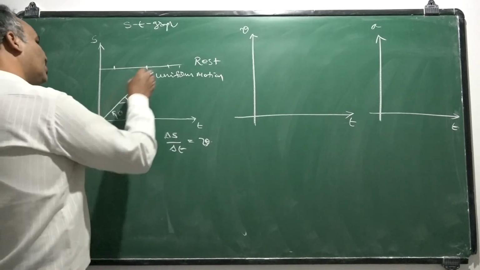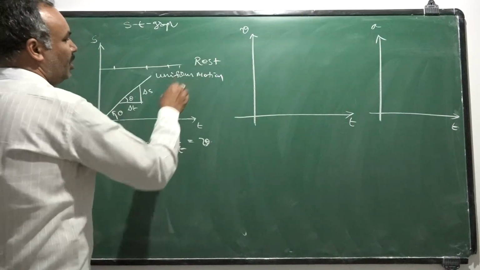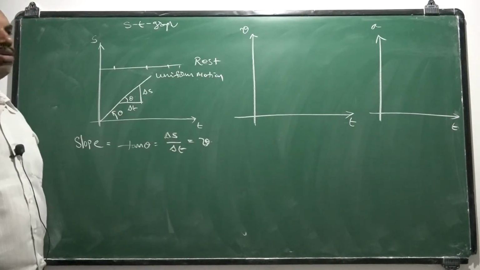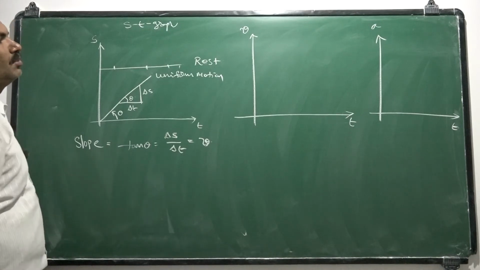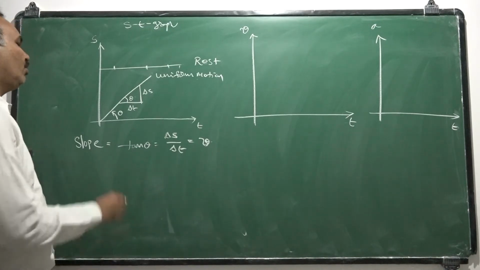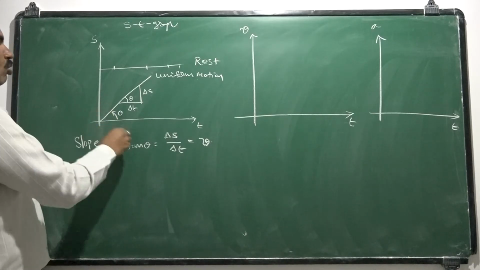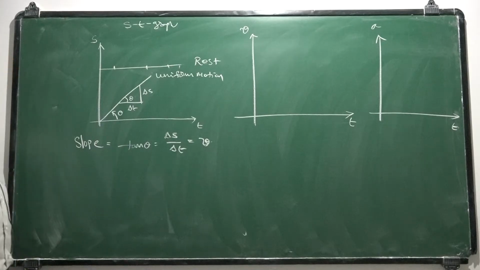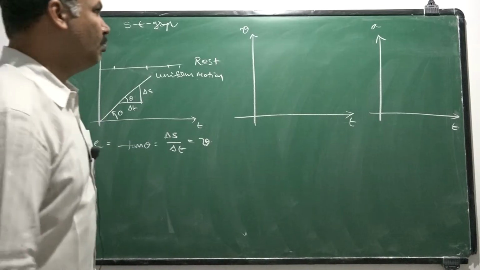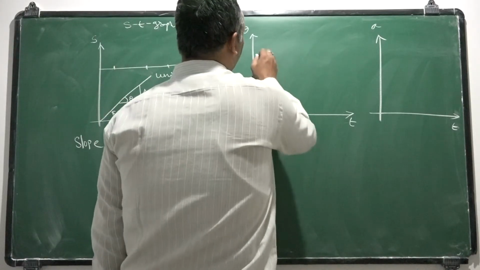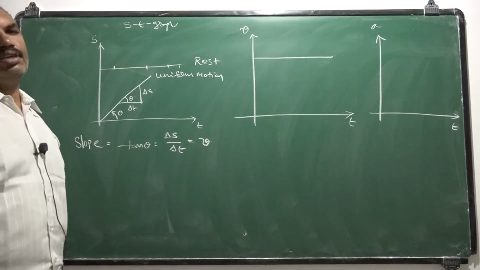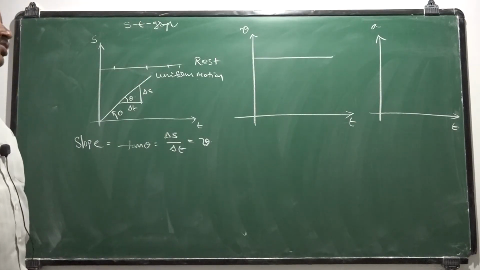As the velocity is fixed on a straight line, the body is said to be in uniform motion. If it is not a straight line, then the body is said to be in non-uniform motion. If the slope is not constant, then we can say like that. So always remember that slope of displacement time graph will give velocity. Similarly, if you go to velocity time graph, if it is a straight line, body is said to be having constant velocity. That means it is executing uniform motion.